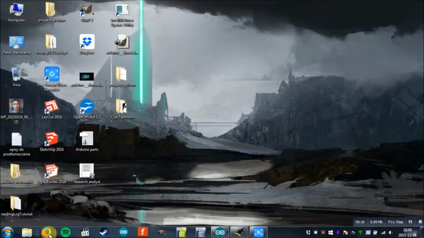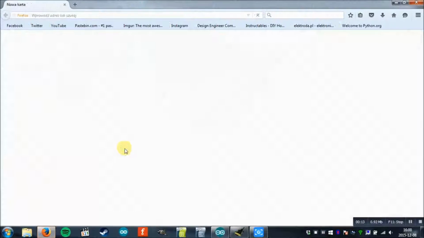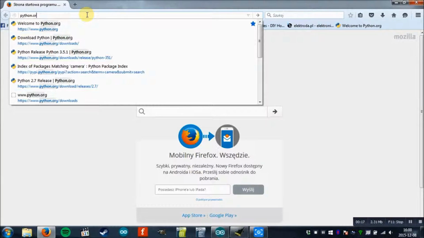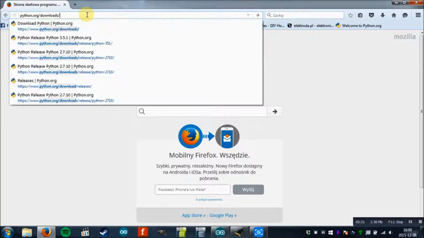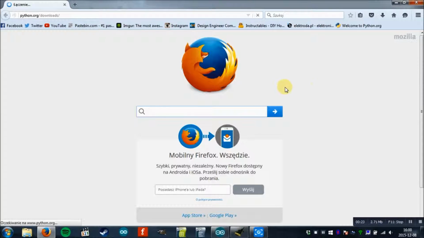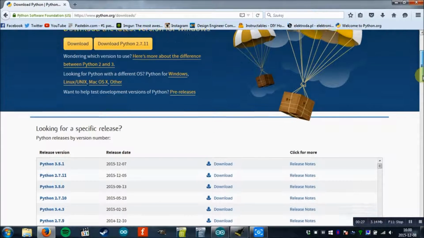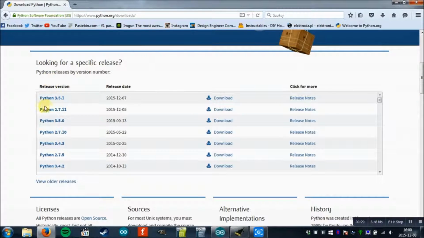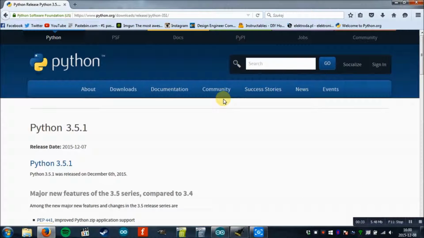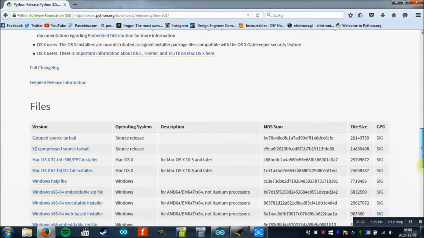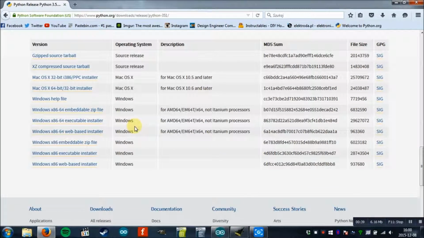We have to go to python.org/downloads and we have to choose the appropriate version. I recommend the latest version. I use Python 3 for my script, so I download this version, and I choose the one that is compatible